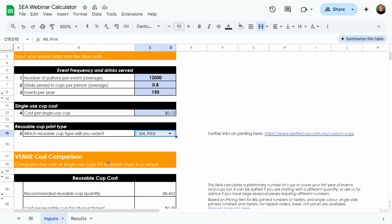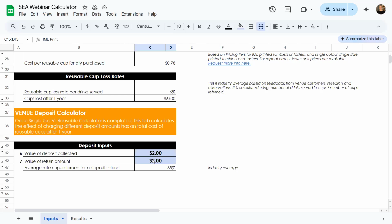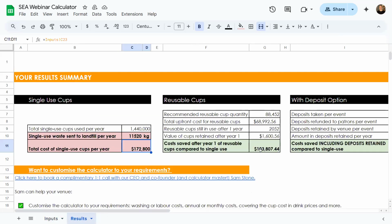So I'm going to go back to the inputs, and I'm also going to assume the stadium is not going to be charging a deposit. So I'm going to remove that. And we can see at a loss rate of 6%, the stadium is going to need 88,000 cups to get them through the year. So on the results page again, they're going to save $103,000 compared to single use,